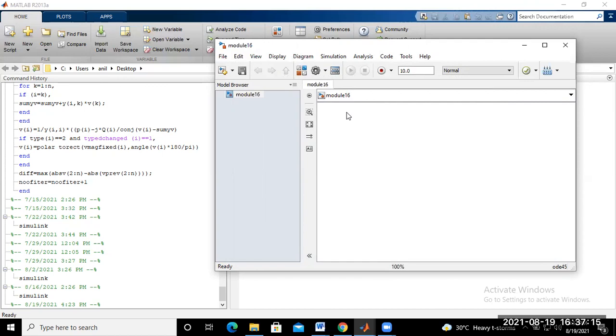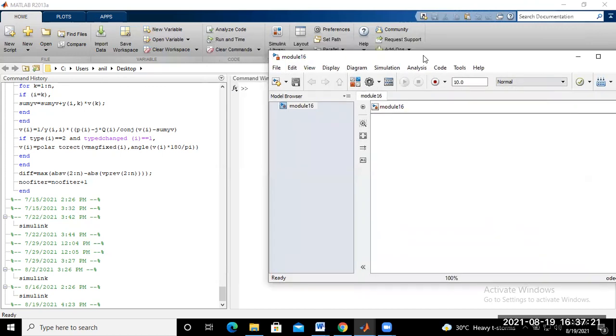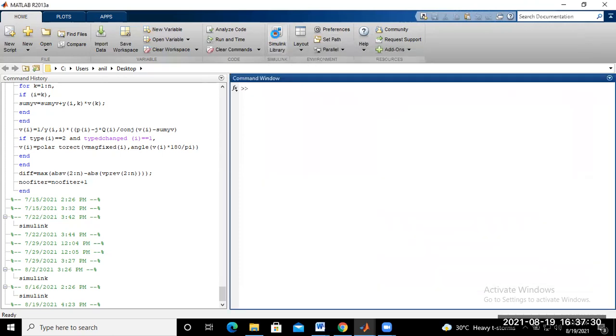And now we try to simulate the circuit. Do you remember what components we required for the simulation of the circuit? First of all, go to the Simulink library.